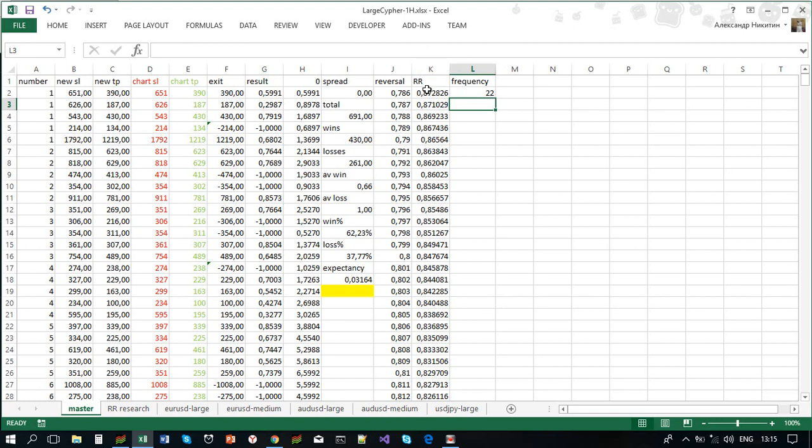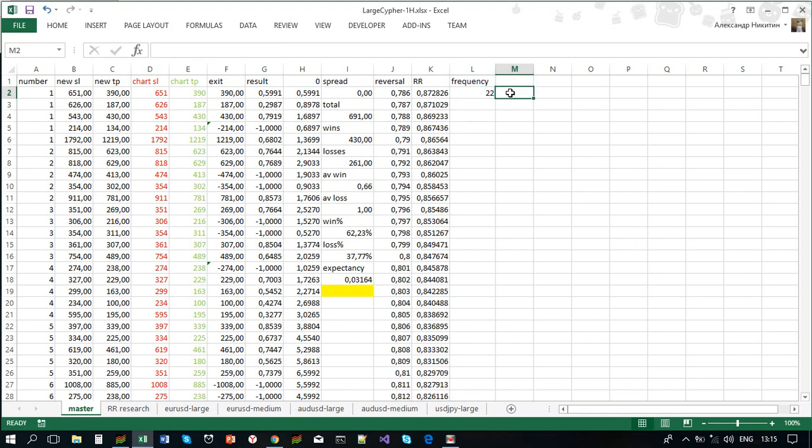What if you have it more than this risk to reward? It actually answers the question: how many trades do we have that reversed exactly at 786? Out of 430 trades that totally reversed, 430 winners, they reversed. The 261 never reversed, they passed through towards the stop loss. Yes? And 430 trades reversed. So out of these 430 trades, 22